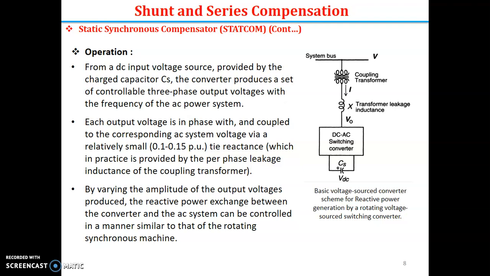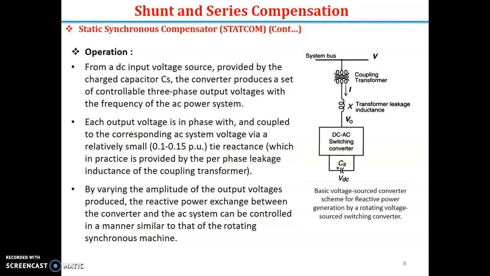From a DC input voltage provided by charged capacitor Cs, the converter produces controllable three-phase output voltage with the frequency of AC power, and it is coupled to the corresponding AC system by relatively small inductance. Reactance is generally 0.1 to 1.5 per unit value. Sometimes students ask how to design the inductor for the STATCOM, so the range of X should be varying to